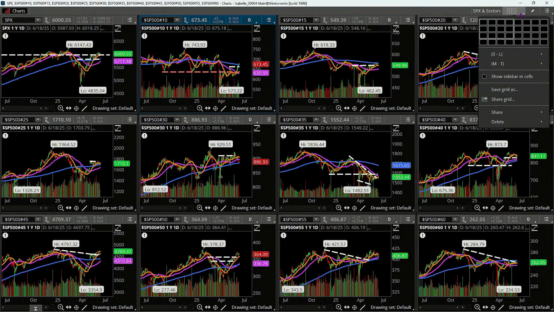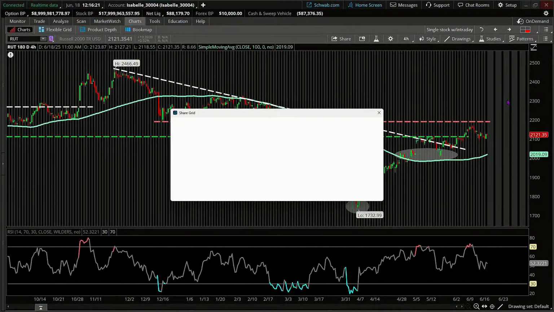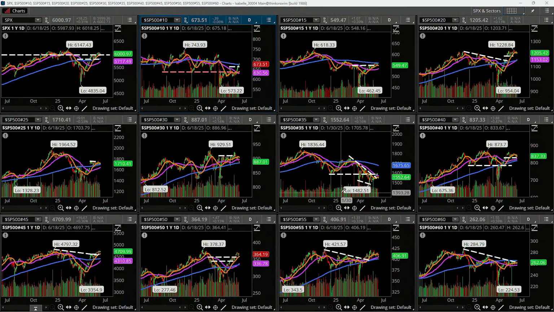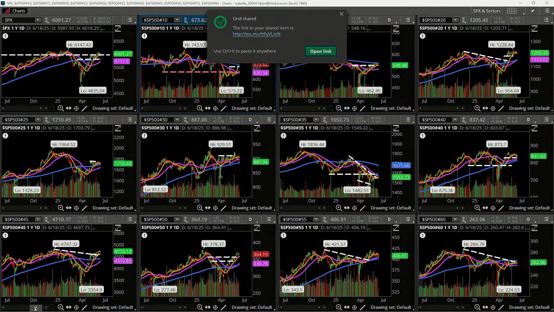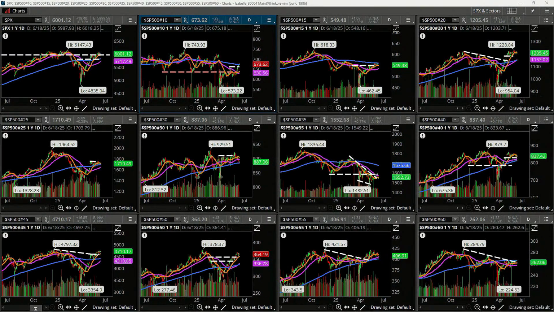Yeah, Austin, why don't I go ahead and share this one with you guys? I'm happy to do that. Remember that when we share these things, grids, scans, scripts, they're not guaranteed for accuracy or a recommendation for your use by any stretch. So please bear that in mind. They're also not guaranteed for timing, but that's the grid for the sectors and the S&P 500. What's cool when I share this stuff with you, everybody, is it carries my detail. You might not like my detail, so if you want to change your color schemes and everything, let's make sure you all know that there's a way to easily change to your detail.